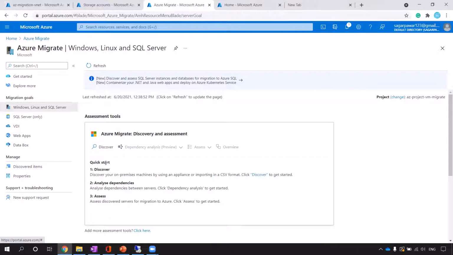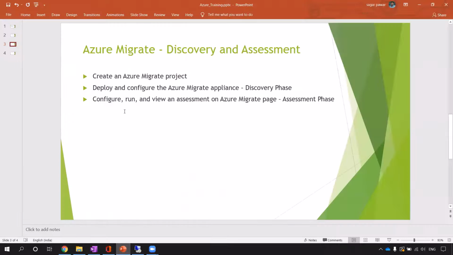That is done. Now the next point is deploying and configuring the Azure Migrate appliance. It is a very important step, and the appliance will help you to start discovery. Once the discovery is complete, the next step is to do the assessment. You will check the assessment, and then you will create an assessment.